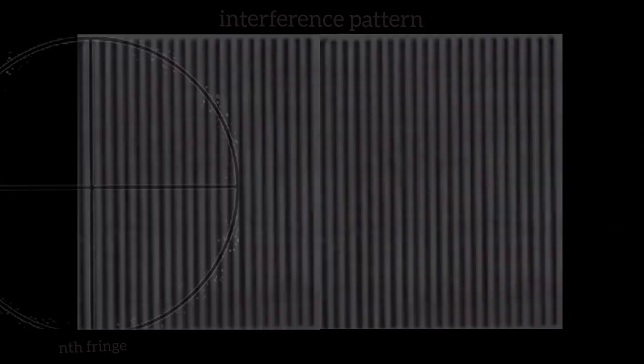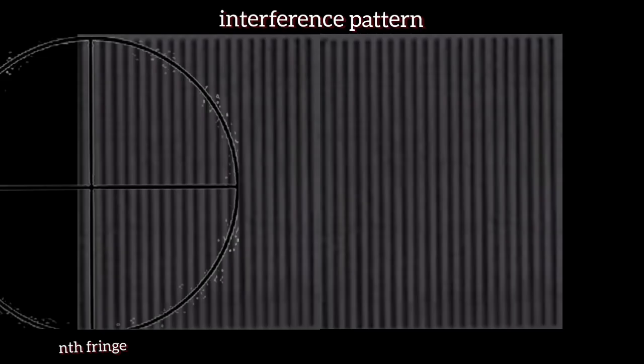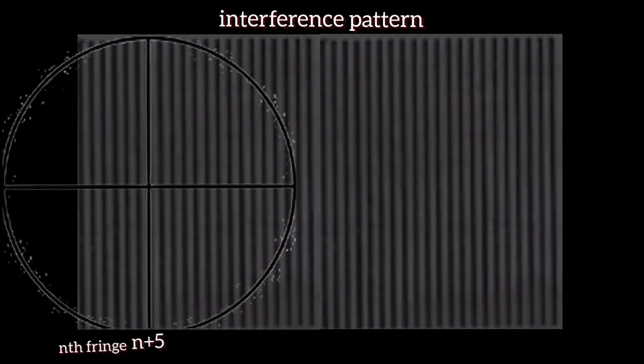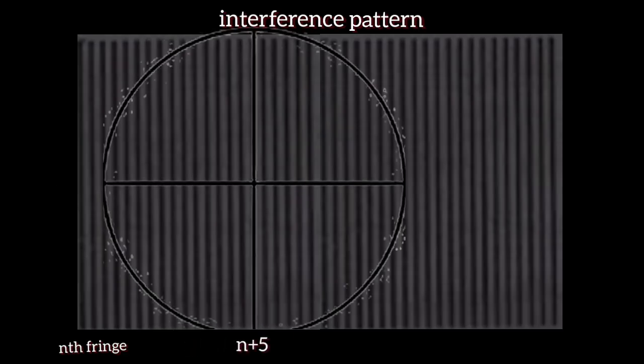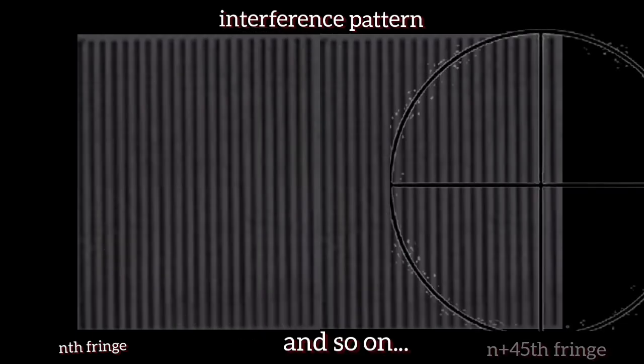Then you take down the reading of the microscope and then move the crosswire to coincide with n plus 5th, n plus 10th. So for every 5 lines moving either left or right, whichever way your microscope is kept. So moving towards any one direction, note the reading for every 5th fringe in the pattern for 25 such fringes. So n plus 5, n plus 10 and so on up to n plus 45th fringe. So that gives you some 10 readings.